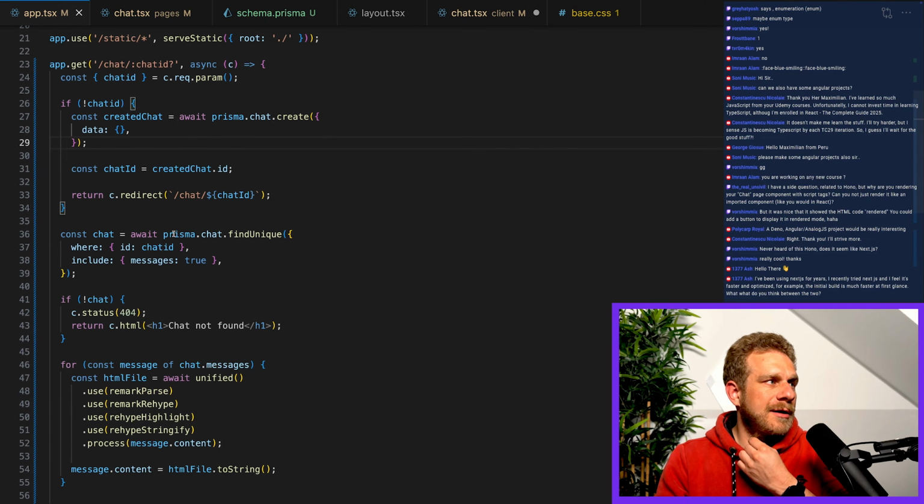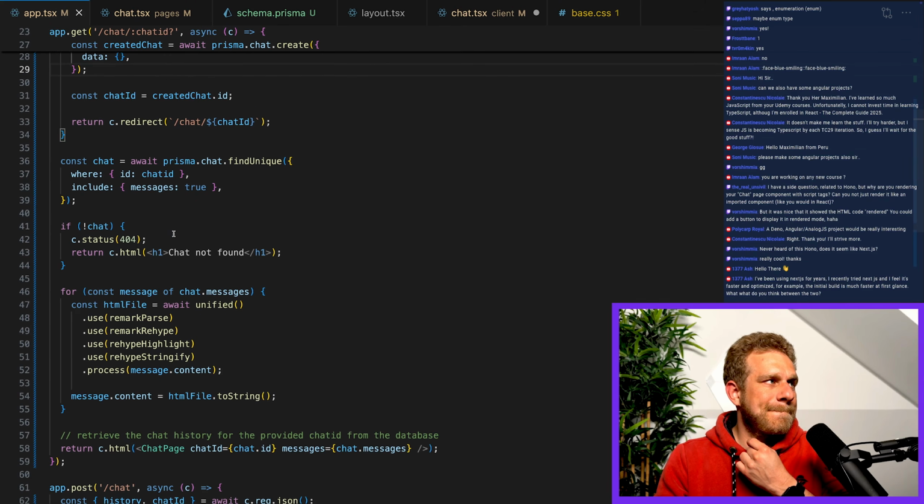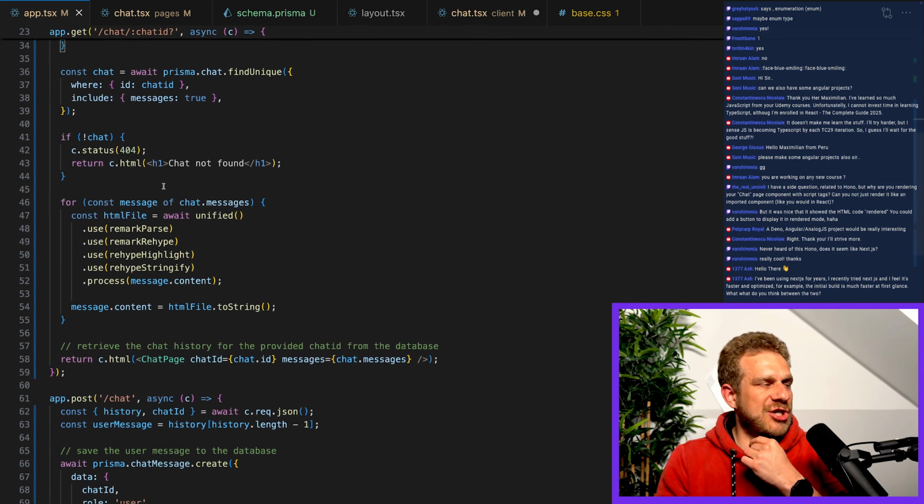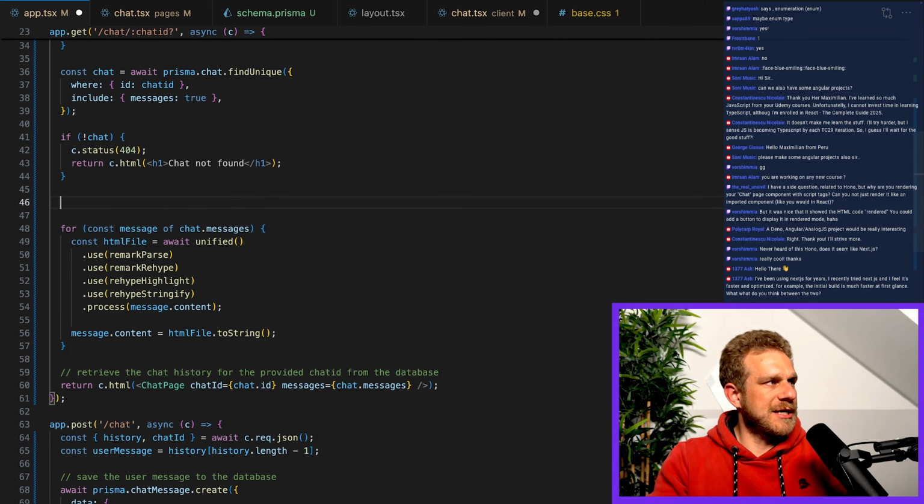So I want to load a list of all my chat IDs whenever I have a valid chat ID. So whenever I'm ready to display the chat page. So here, once I got a valid chat, I want to get my chat IDs